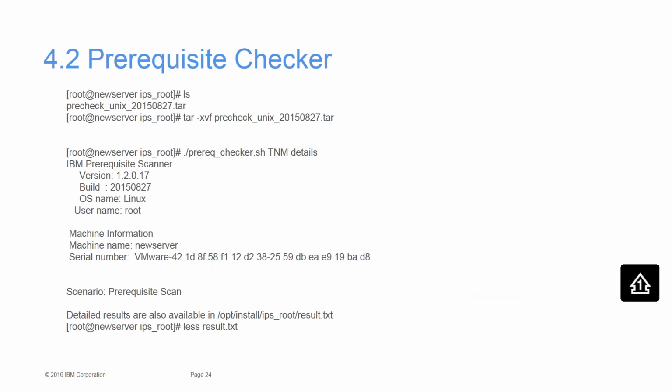My last slide. If you have not installed 4.2 yet and you're setting up a server for Christmas, start with the Prerequisite Checker. Go to Fix Central and download this tar file and run this against your server soon, today. And it'll show you whether you have the right name, the right amount of memory, do you have the storage, the space, the ports open. It does a check for you so that you don't have to do an installation of 4.2 in a hurry